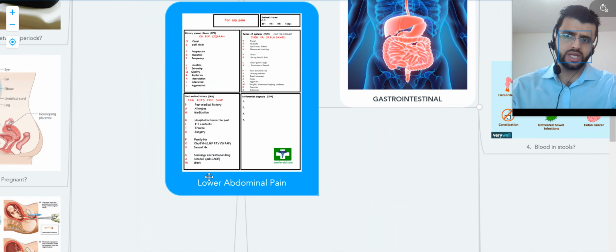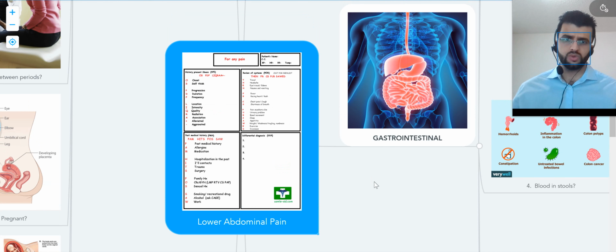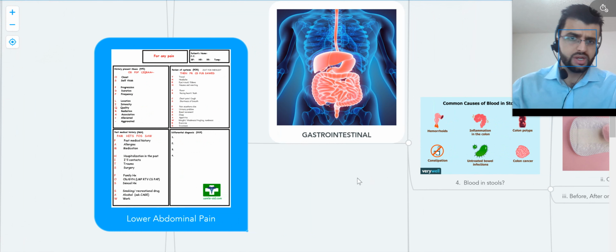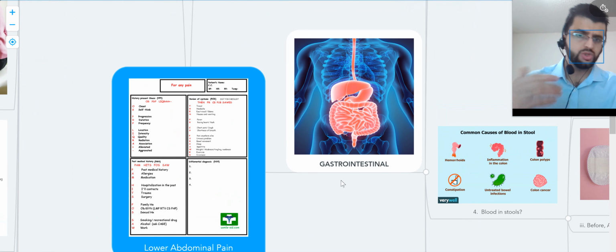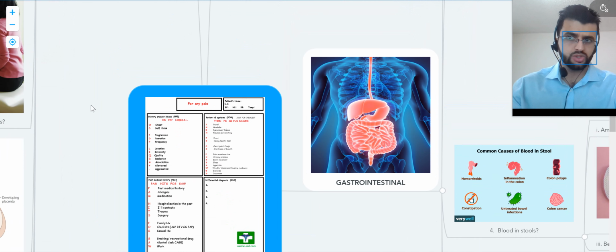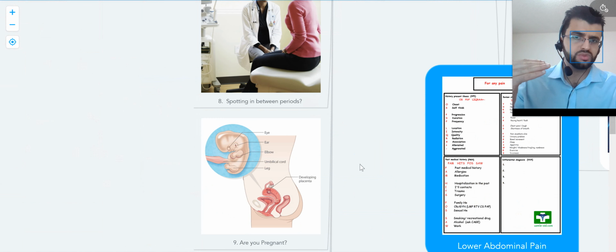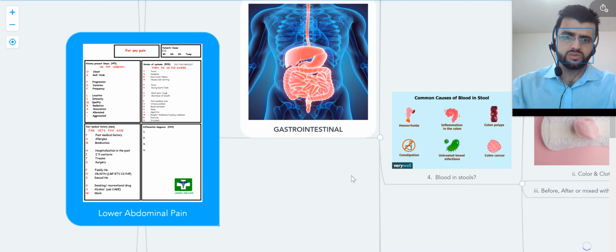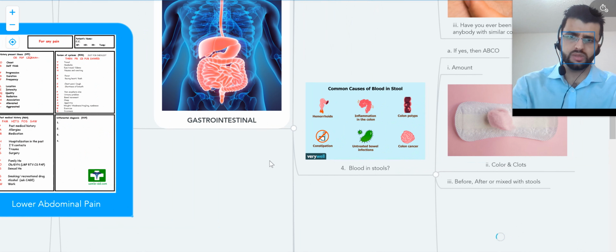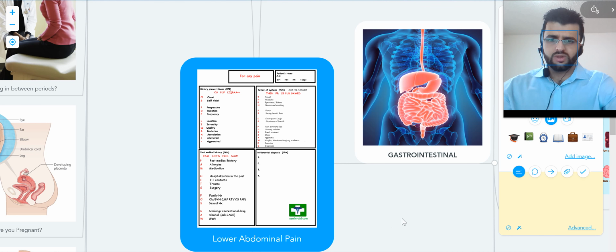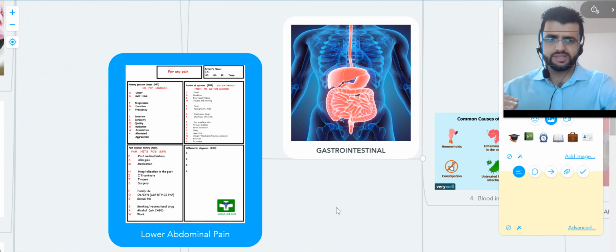So what do we think? There could be two things going on in lower abdominal pain. So what are the things that we are concerned about? This could be of gastrointestinal origin, and could be urogenital type, okay? Now the gastrointestinal pain. So for the gastrointestinal system,